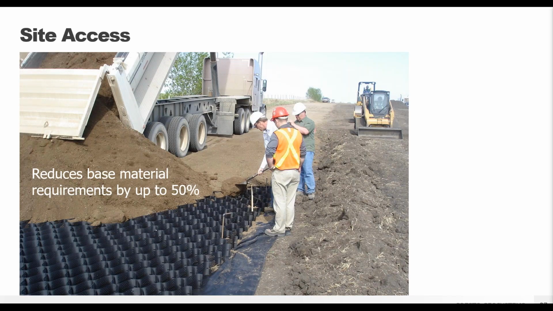So readily available on-site sand, poor quality aggregates, and even recycled material, say crushed concrete, can be used in place of expensive gradation aggregate that you would have to transport in. So that's just something that we really want to emphasize. It's a really key factor in how the GeoWeb system can give you cost savings, time savings, that sort of thing. And in most cases, the GeoWeb system can also reduce the depth of your cross-section by 50%. So, massive savings there as well.